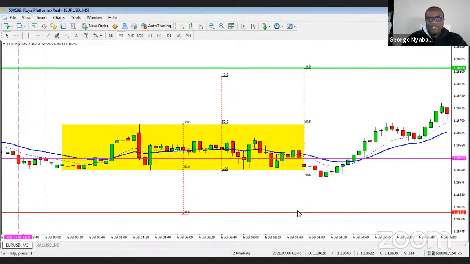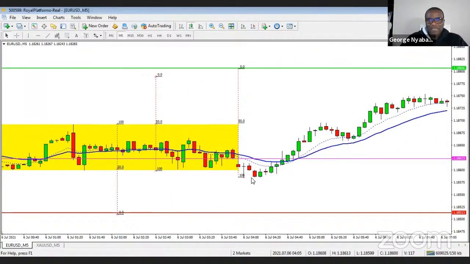So that's the magnet. But if the bulls are strong enough, the magnet that's going to pull the market up is this measured move here. That's where they want to go, to the high of the previous day. So high and low are pretty significant, but still you're not trading.